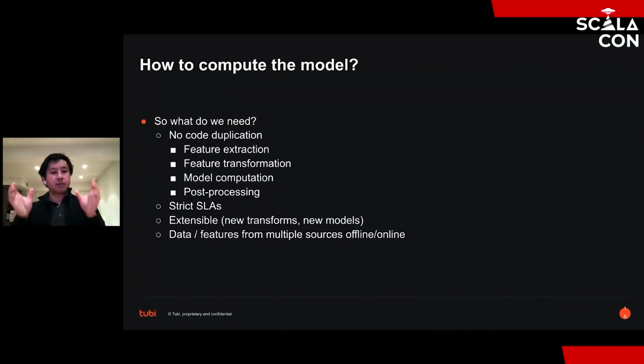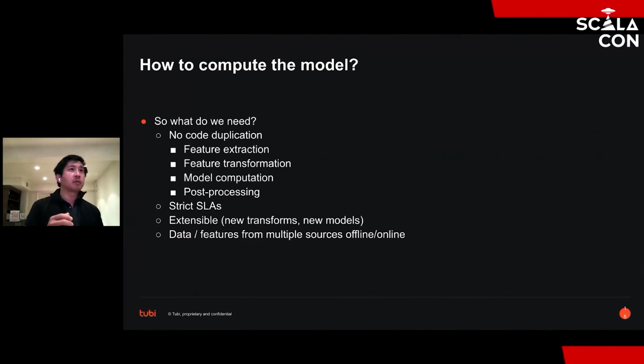Right? Because it's in the critical path for the 2B user experience, we need to meet some pretty strict SLA. So the model computations need to finish in like, 100 or 200 milliseconds, because we don't want to keep the user waiting forever. And moreover, because we want to allow the machine learning team to iterate, the system needs to be very extensible.